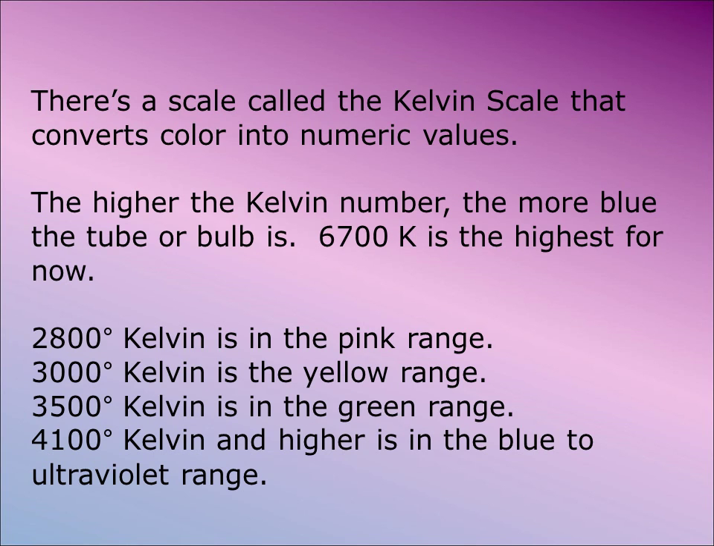There's also a scale called the Kelvin scale that converts color into numeric values. So in other words, for the color green, I'm going to look for the number 35. And I'm going to teach you those numeric values right now. The higher the Kelvin number is, the more blue and ultraviolet are contained in its emissions. Right now, the highest, the fastest and bluest emissions you can find are in a 6700 K. K stands for Kelvin, and that's the highest for now, but I heard that they're coming out with a 7100,